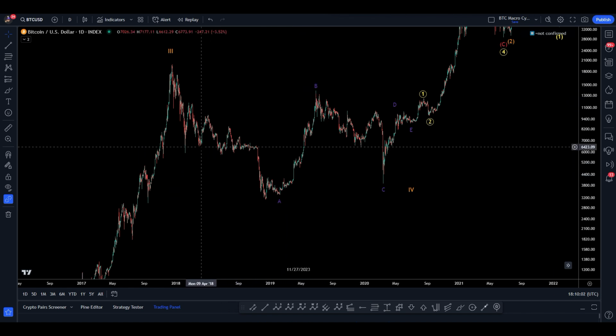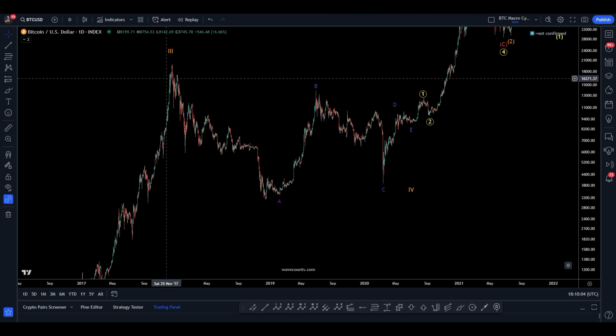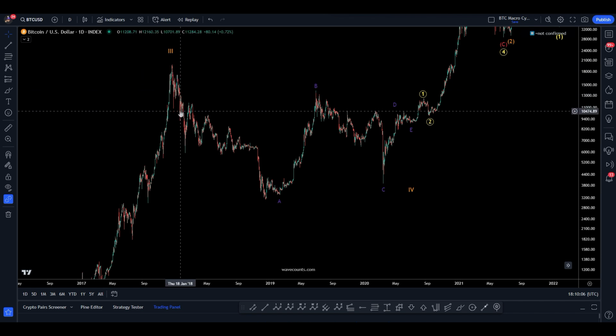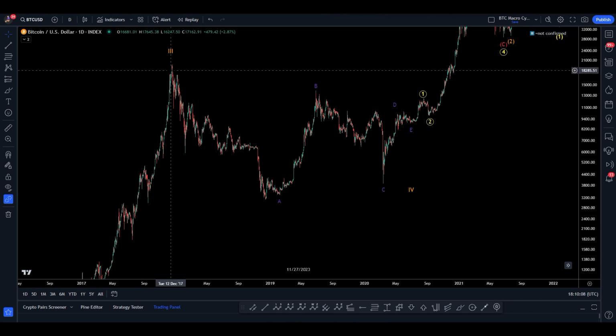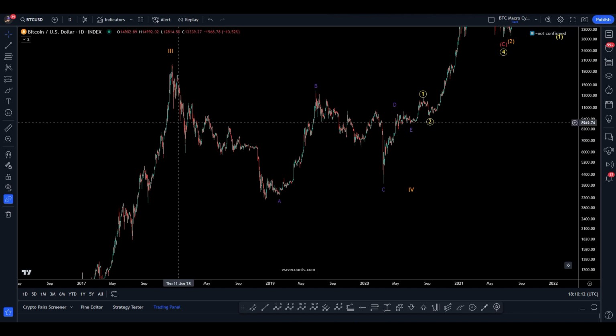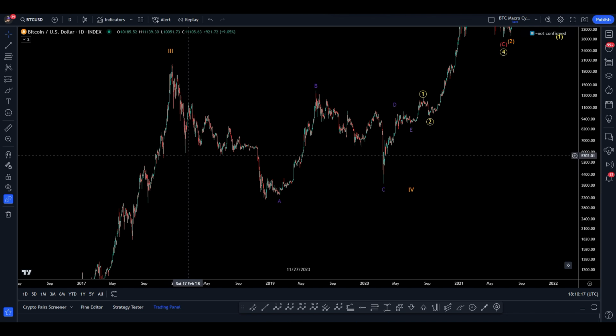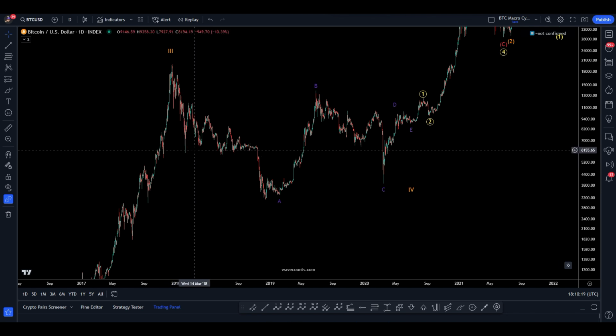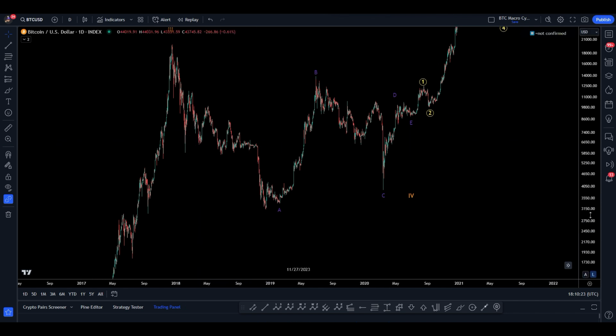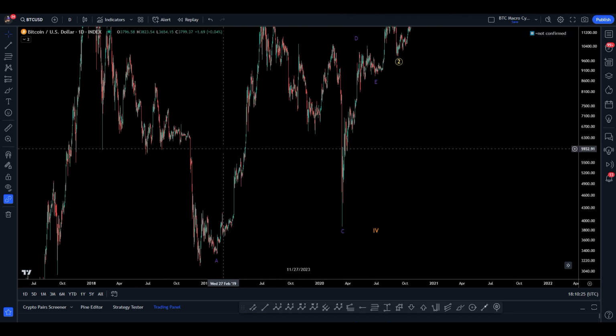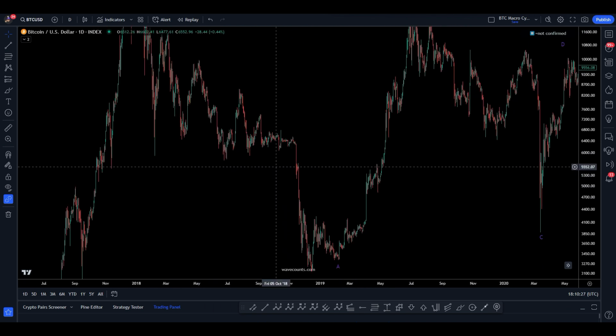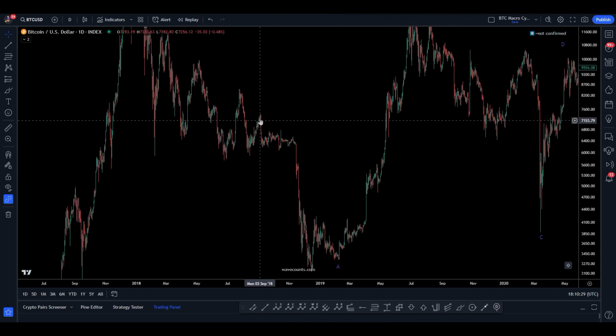All right, but if you break this down, you have a 5-wave move here, a diagonal, and then a triangle B wave, and then to break down this final move, all right, you got